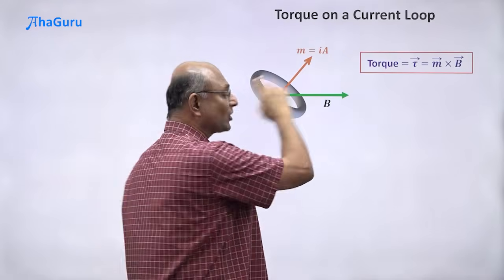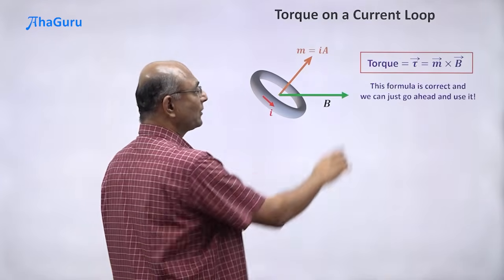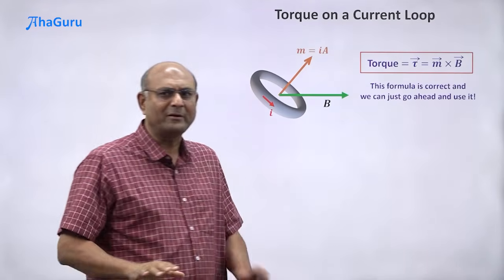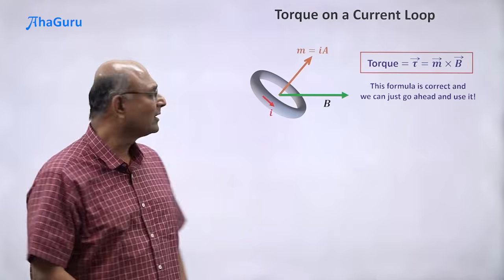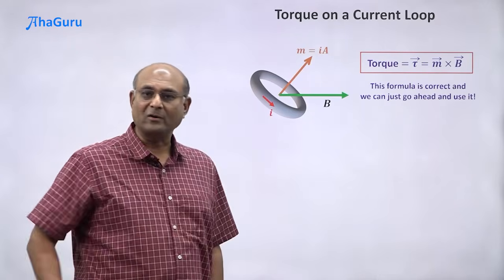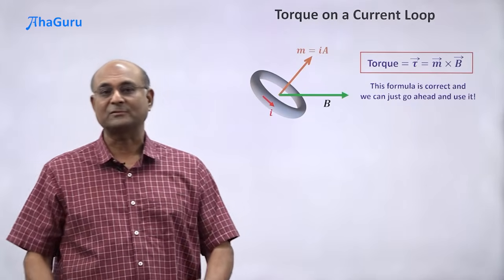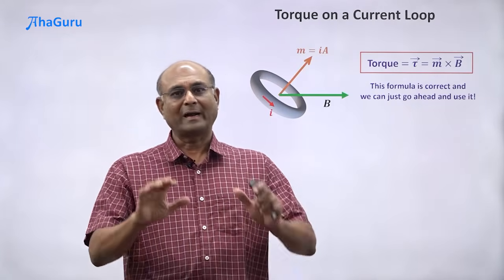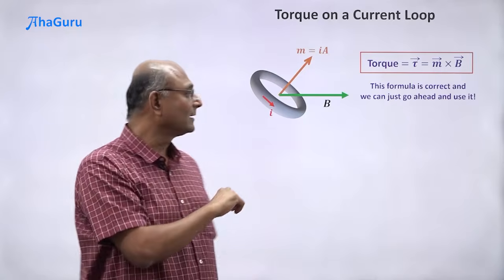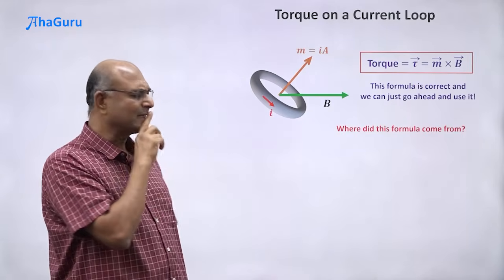And so basically this torque formula is correct. We can just go ahead and use it. We don't need to know anything more. We can say that the torque acting on any current loop is M cross B, the same formula as for a magnet. Now at this point we can stop, but if you wait for a minute and think about it,